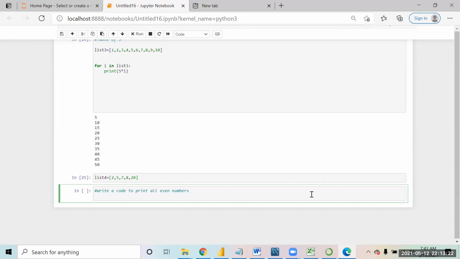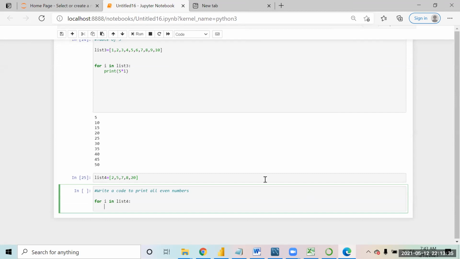So we have to pick each number one by one, right? So I will say for i in list4. i is something that is going to pick up the numbers one by one. Now, when the numbers are picked, I have to check whether that number is even or not. How can I check it?